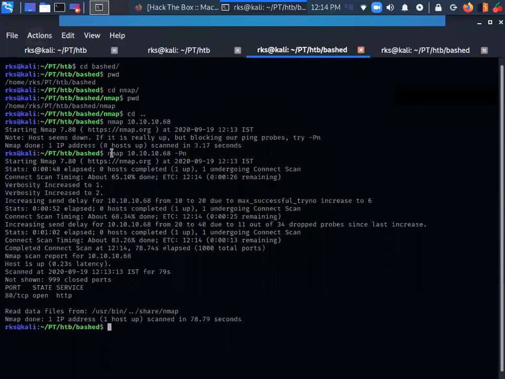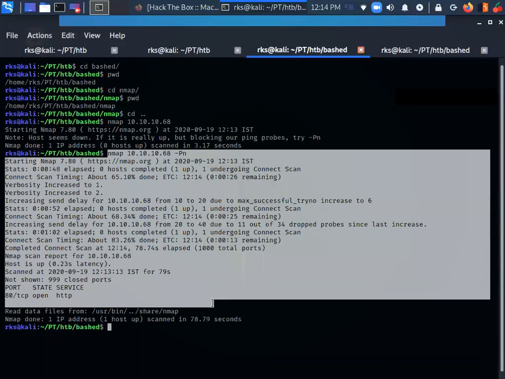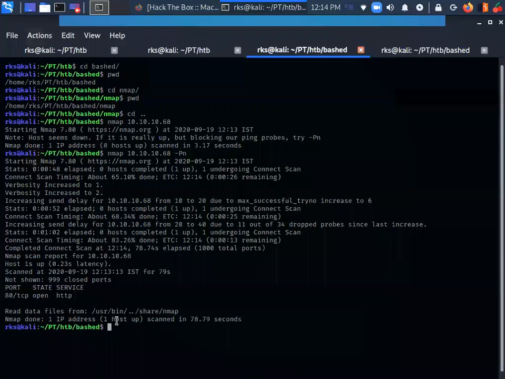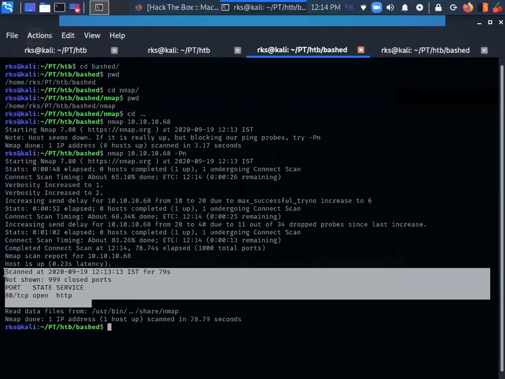And our basic Nmap scan is completed now. From the output, you can see that only one port is open, and that is port number 80, HTTP.